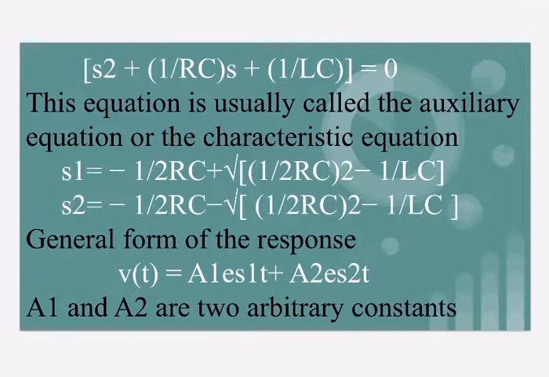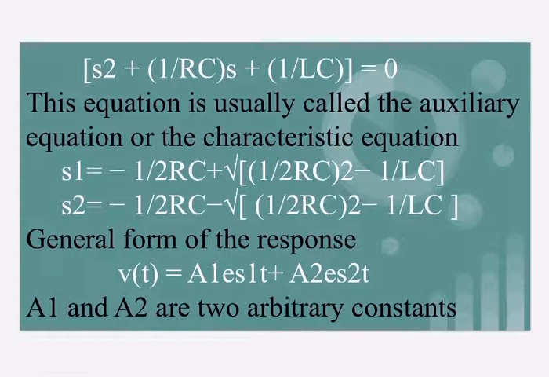Here S1 and S2 are given by the equations above, and A1 and A2 are two arbitrary constants which are selected to satisfy the two initial conditions. So we have to substitute these values here. The form of the natural response gives very little insight into the natural curve. We might obtain it if V of t were plotted as a function of time. The relative amplitudes of A1 and A2, for example, would certainly be important in determining the shape of the response curve.